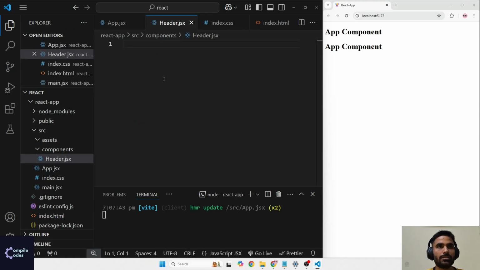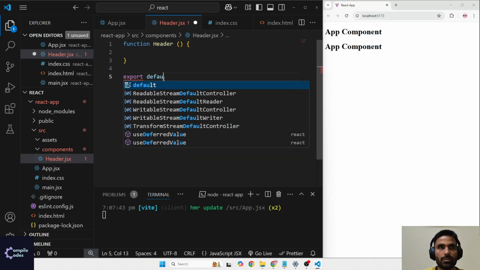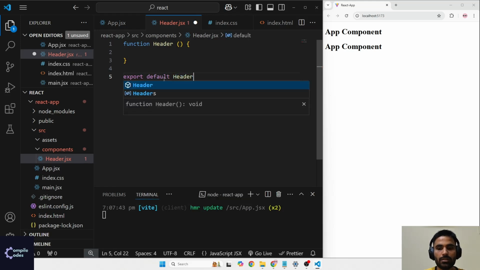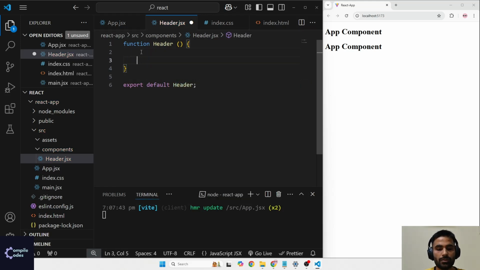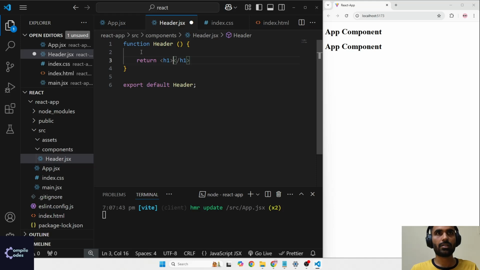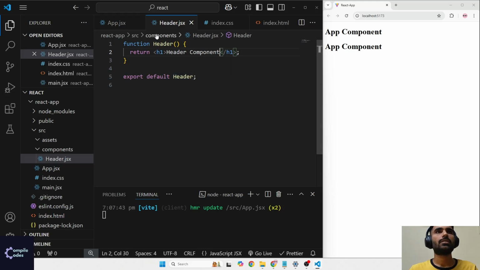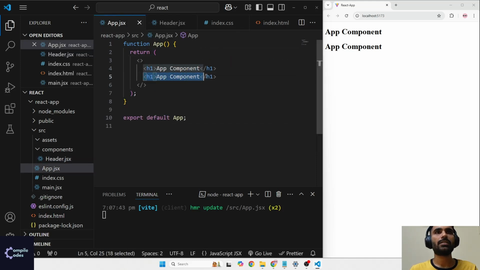Okay, and what you can do is you can create a header. Let's have a function based function declaration, and export this header function, export default header. And what you can do is you can just return any HTML element. Let's call it header component. Okay, you save it, you go back to your app.jsx, and instead of having this, you can just use